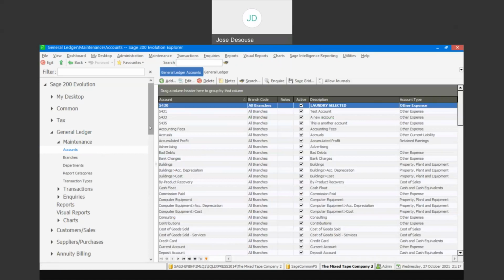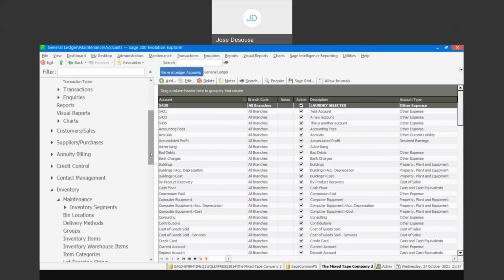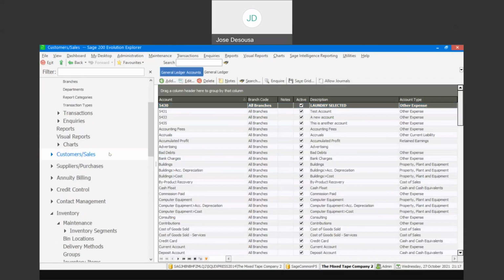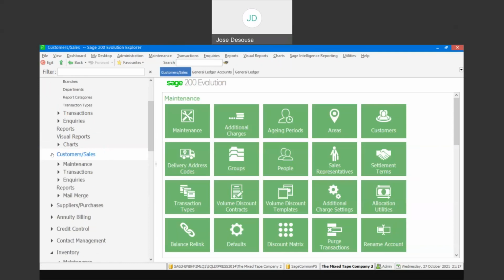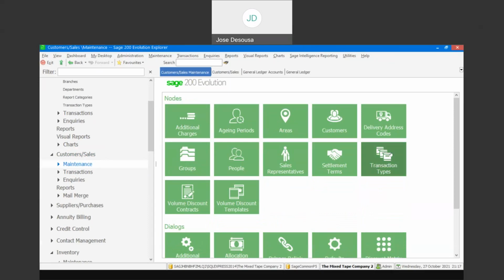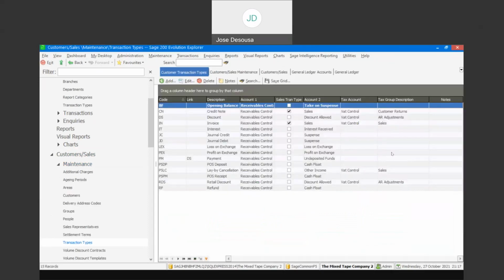So today we'll be focusing on the core transaction types under customers, suppliers, and those transaction types related to inventory transactions. If we then move over to our customers and under maintenance, we've got the option to set up our transaction types. When creating a new database, transaction types are created by default and populated with a GL account specified in your